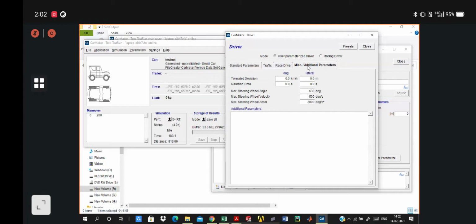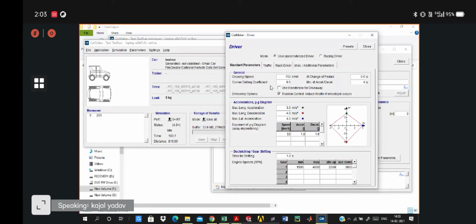Then miscellaneous and additional parameters: the tolerated deviation, reaction time, maximum steering wheel angle, maximum steering wheel velocity, and maximum wheel acceleration. You can change these, but only after you understand the standard parameters.